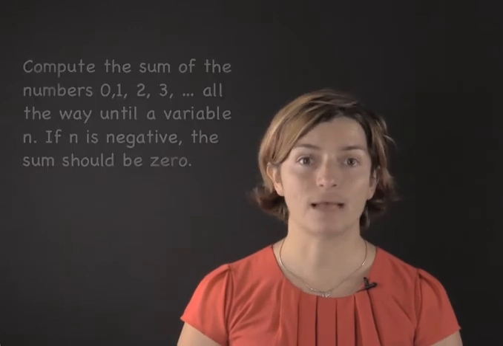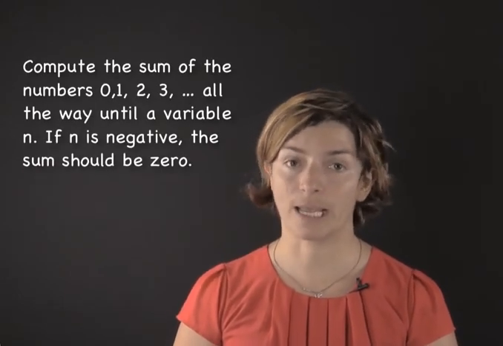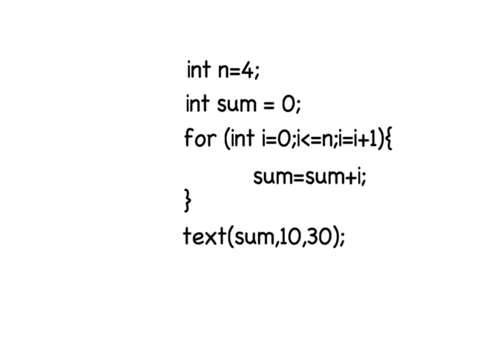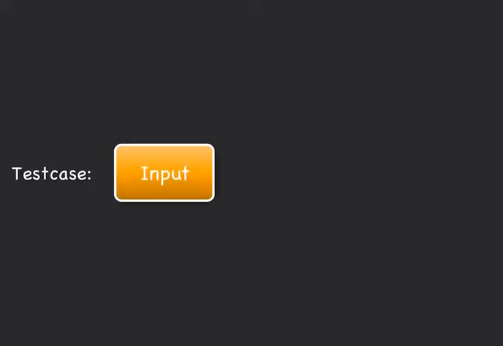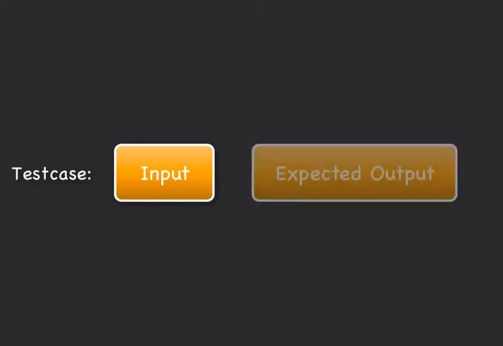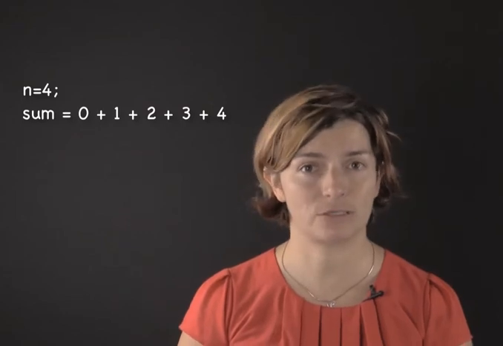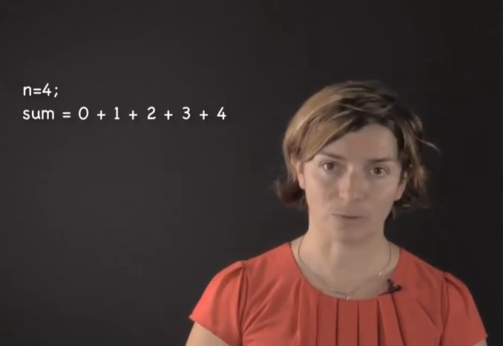Let's see some examples. Suppose we want to compute the sum of the numbers 0, 1, 2, 3, and so on, all the way until a variable n. If n is negative, the sum should be 0. Let's say the first value of n is 4, and our code is as follows. Remember, to define a test case, we define an input or condition and an expected output or values for the program variables. In our case, for n equals 4, the sum is 0 plus 1 plus 2 plus 3 plus 4, which equals, that's it, 10. A test case for our program would be: